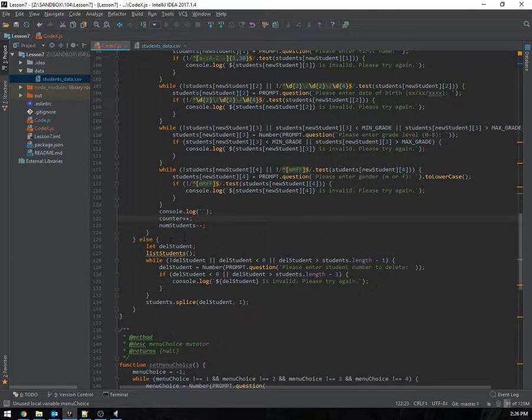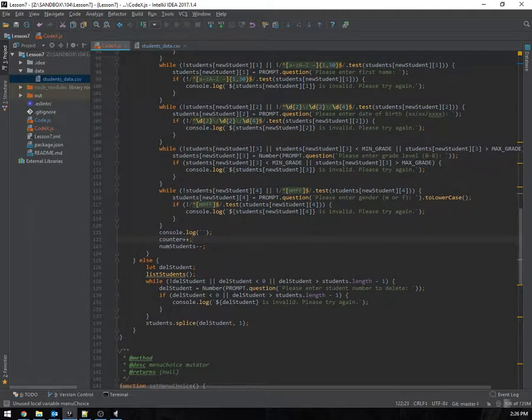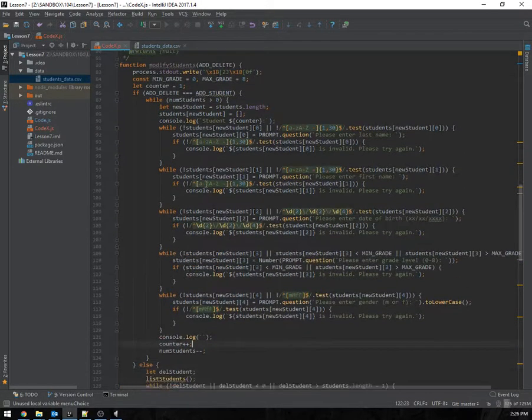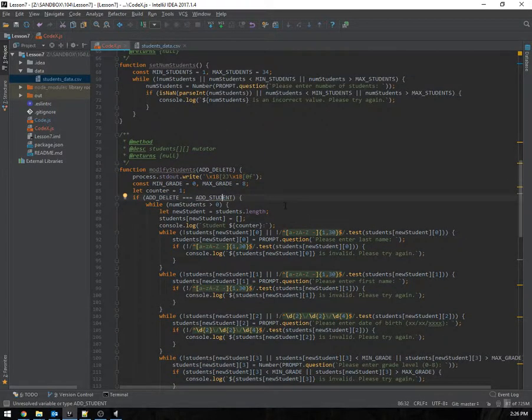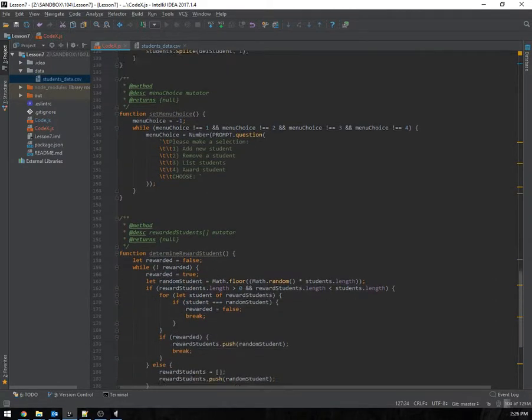So if they choose delete student, so if they're passing in a parameter for delete student, then I come down here and notice I'm not doing an else if test. I don't need to do another if test because if it's not add student, and I've already validated, so it is either going to be a 0 or a 1, then all I simply do is I come down here and I create a little null or undefined variable, and I run the list students method, which is